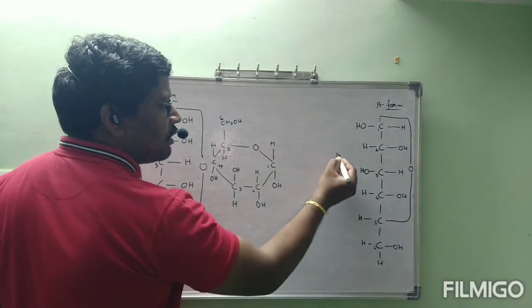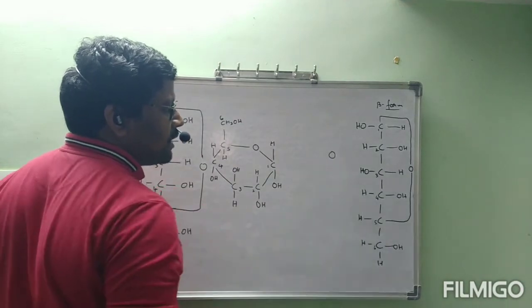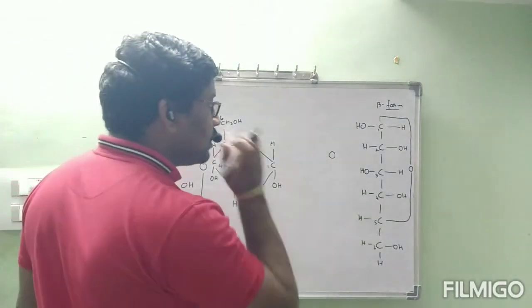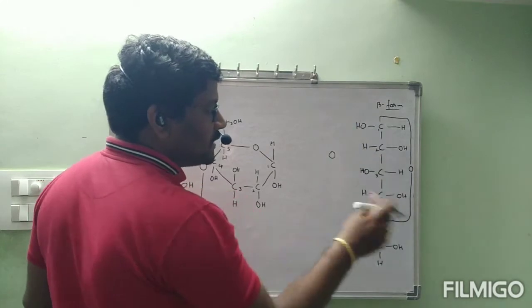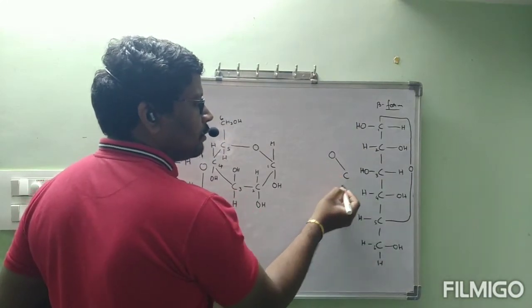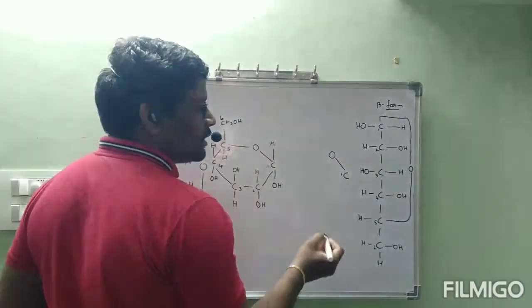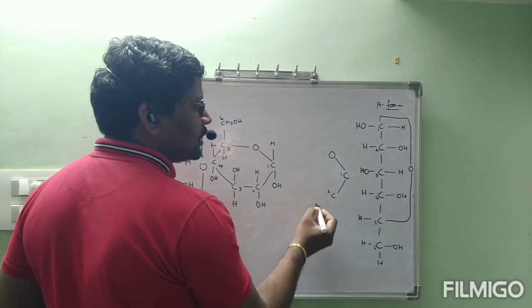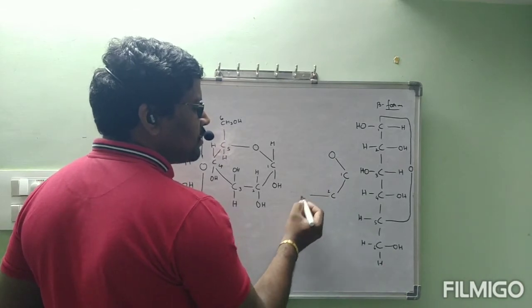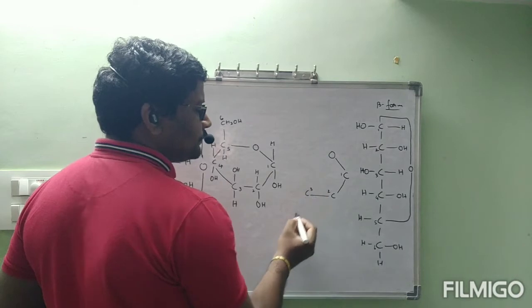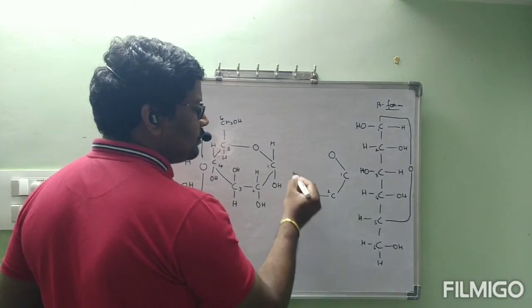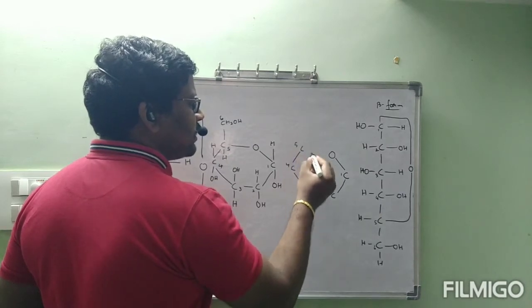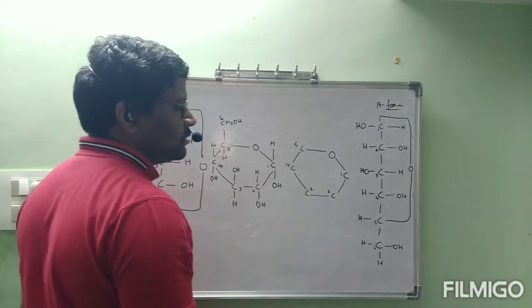Now I am going to write. First I am writing oxygen here. Mainly concentrate on the oxygen. Now, from oxygen, the first carbon is written on the right side. This carbon is bonded to the second carbon. Next, this carbon is bonded to the third carbon. The third carbon is bonded to the fourth carbon. The fourth carbon is bonded to the fifth carbon, and this fifth carbon is bonded to oxygen.